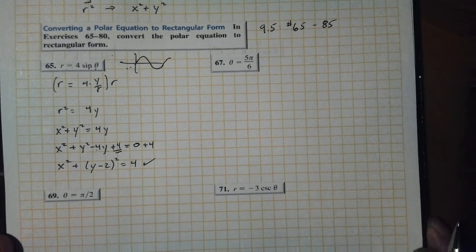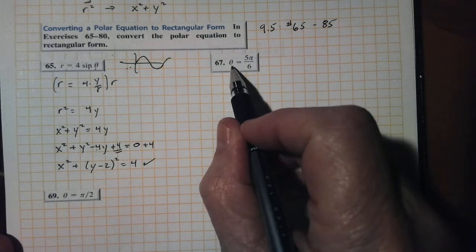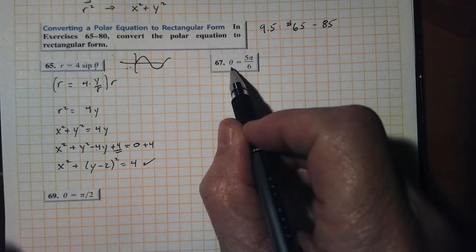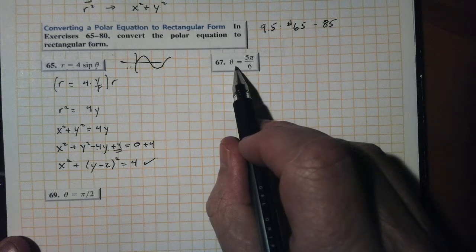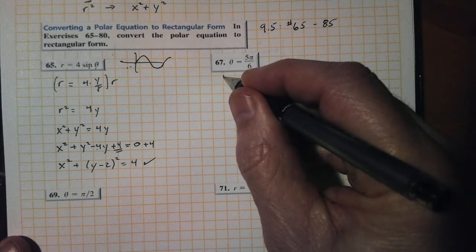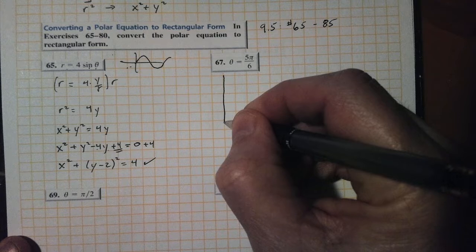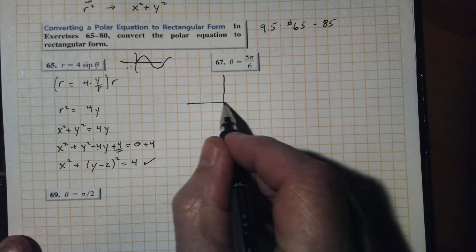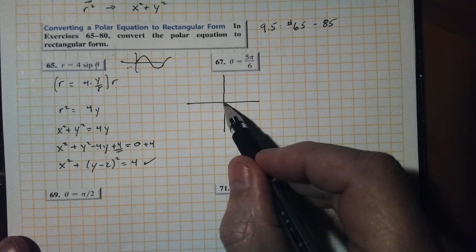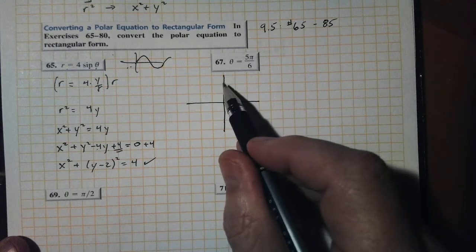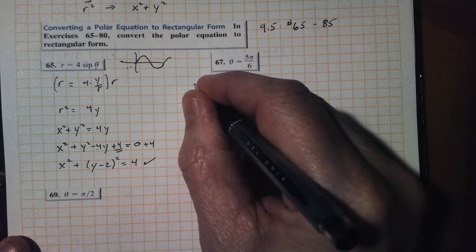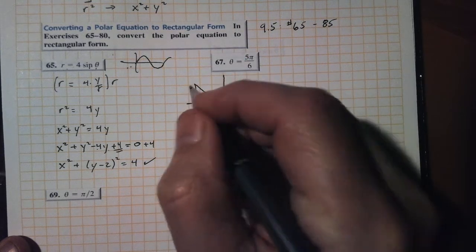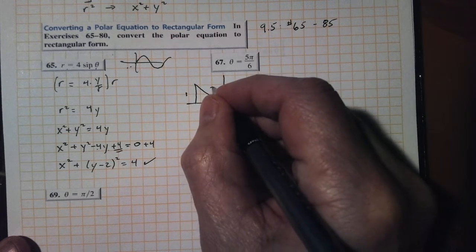Okay. If you are just given an equation that only has theta or only has r in it, you'll see one with just r soon, then my strong recommendation is, hey, let's just draw a picture of this. Theta is 5/6 pi, which means I can throw the rock however far I want to, but I have to rotate and be facing 5/6 pi, which could be represented something like this, where this would be 1, this would be 2, this would